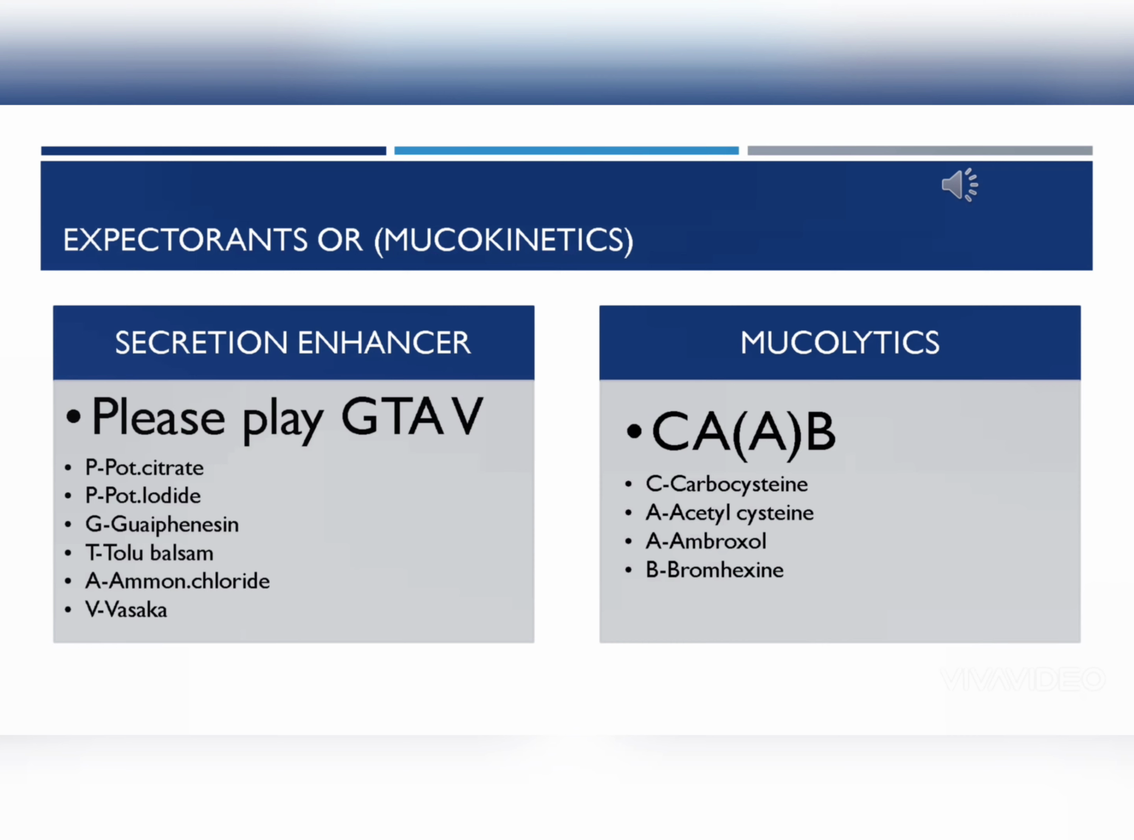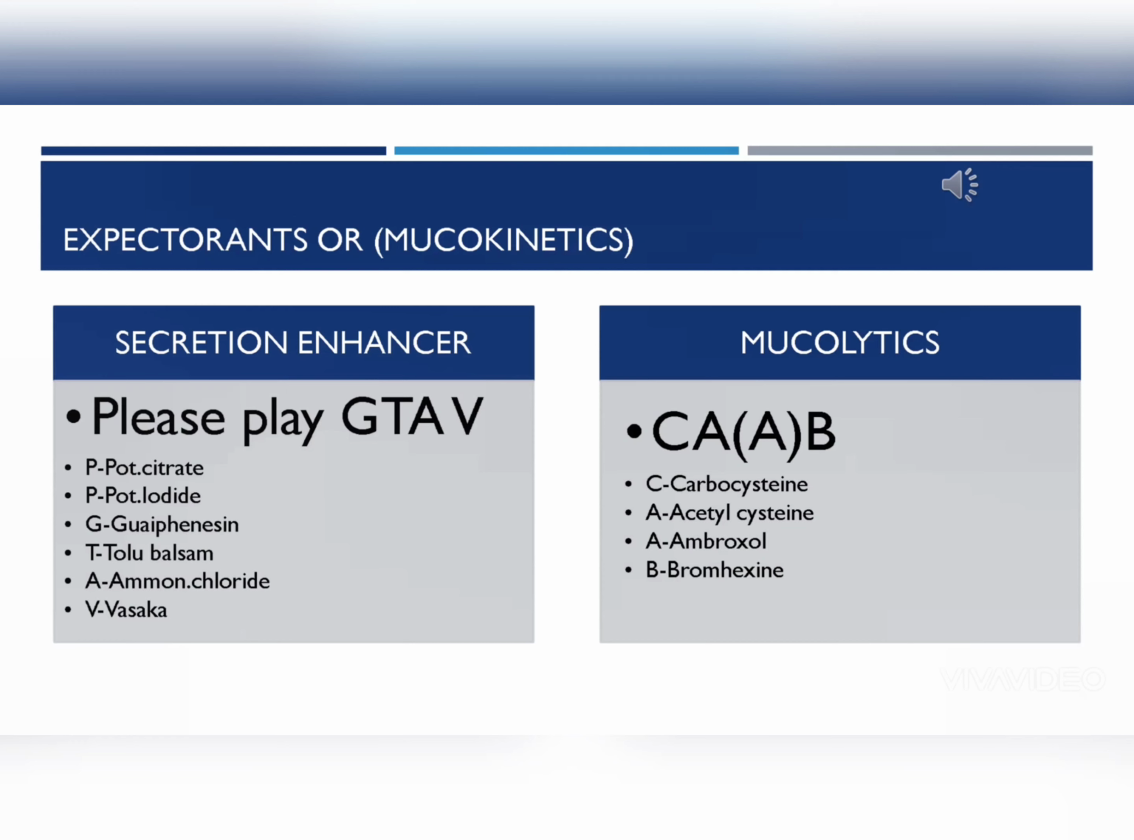E for expectorant. As we have seen, it is divided into two classes, that is secretion enhancer and mucolytics. So the mnemonic for the class secretion enhancer will be please play GTA 5. I think boys will be knowing better about GTA 5. So P for potassium citrate, another P for potassium iodide, G for guaifenesin, T for tolu balsam, A for ammonium chloride,